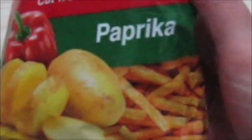Quite heavy chips, and they pack in a small area, so you might eat more than you actually think you are doing. But overall it's a nice chip. I've had similar types of chips before, but the chip was a bit bigger, and it's not bad. It's an interesting little concept having these little small chips, not flat potato chips. It also means I think it doesn't break that much, although you can break it easily. But it is nice and crunchy. Doesn't taste bad. So that was my review of